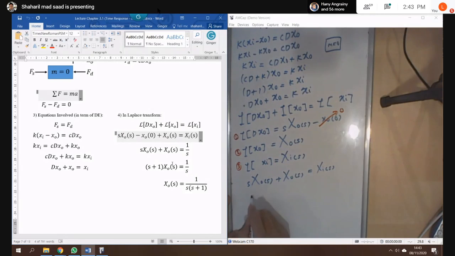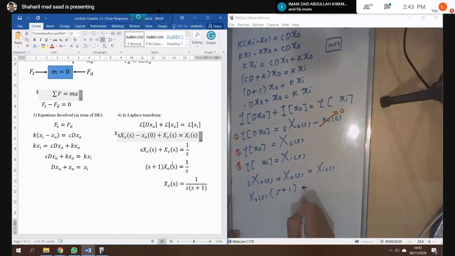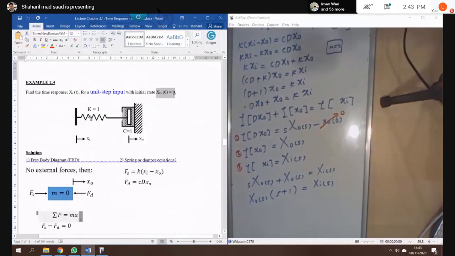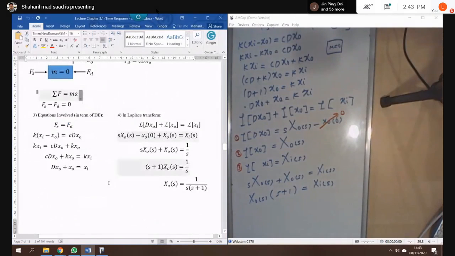Good. Then you get s naught s plus 1 equal to SSS. Now, in this question, it tells you that xi is the input for a unit step input. That means the input, right? You give it this term, a unit step input. So when the unit step input, right? This one, the unit step input,